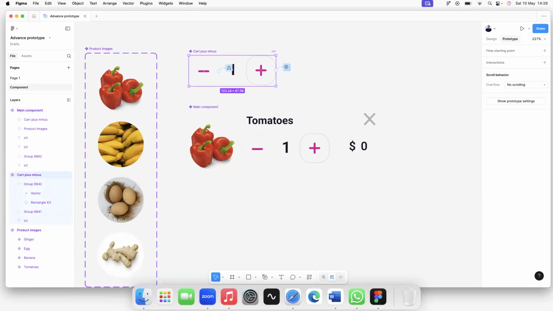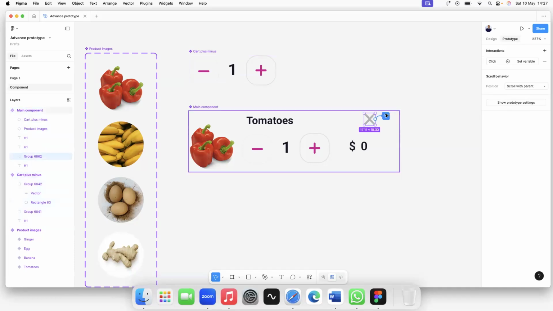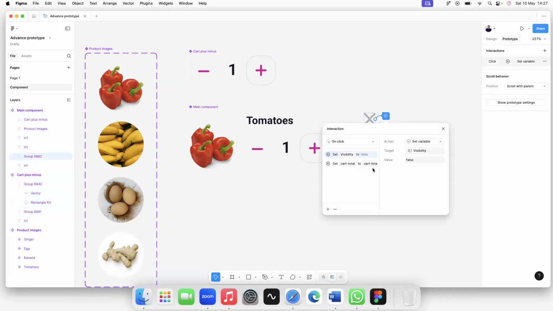Yes, sir. Okay, let's see. Where is this? Was it on this one, on X? Let's see this one. When you click on it, it's going to be